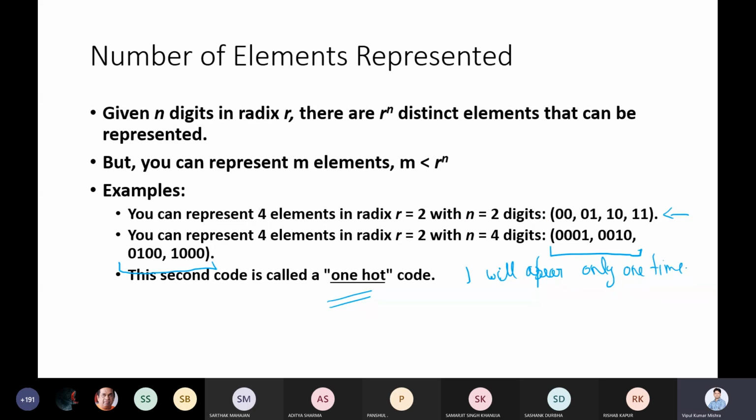Now you can ask where it is utilized. In general, why are we using this kind of system? It unnecessarily wastes many bits. But there are many places where one hot representation comes into the picture. Let me give you a well-used example. Whenever you use a dictionary and want to represent it in the system, it uses one hot representation.